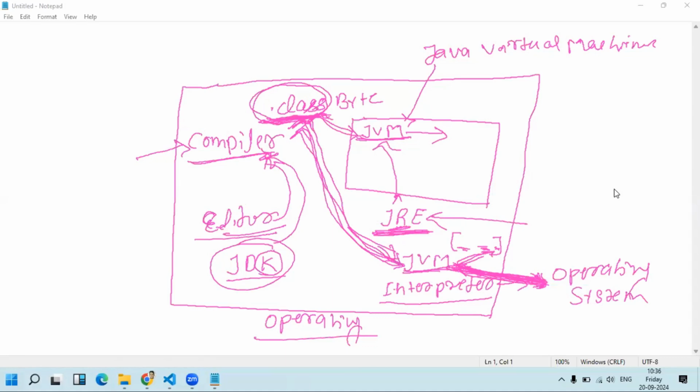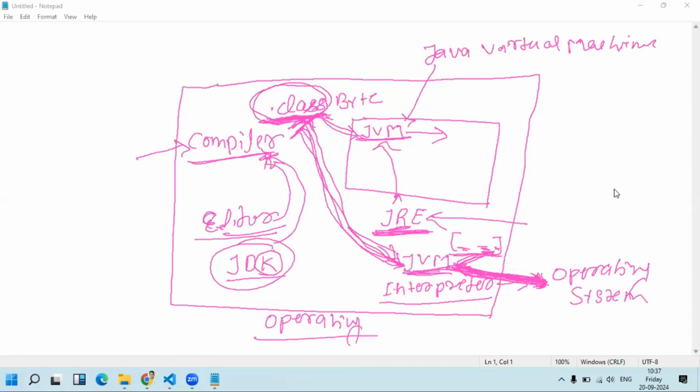After introducing this buffer array, the JVM is working like this. It is not waiting for the operating system's instruction. It is continuously taking lines from the .class file, executing them and putting them into the buffer array. Once the operating system asks for the next line, the JVM just links to the array and continuously provides the output to the operating system, and the operating system works continuously to produce the output.